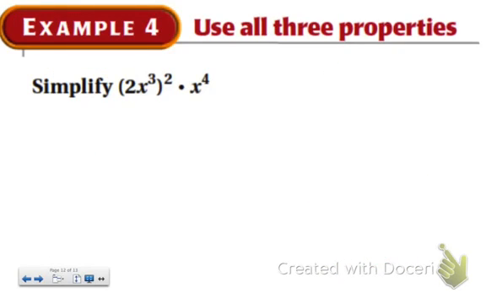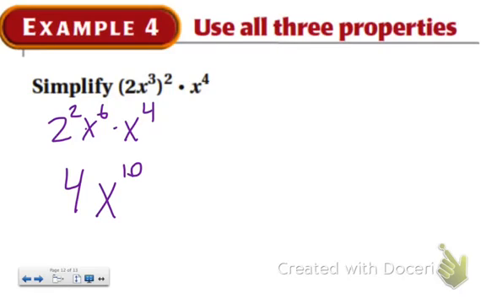Alright, and for one example, just to sort of put it all together, you're just being asked to simplify. So looking from left to right, the first thing I notice is the property I just looked at where I need to make that 2 go to all parts of the parentheses. So I end up with 2 squared x, and here I have x cubed, so I'm going to multiply. That becomes x to the 6th times x to the 4th, and then 2 squared is 4, and x to the 6th times x to the 4th, I'm going to add exponents, so I get x to the 10th. And that is it for this